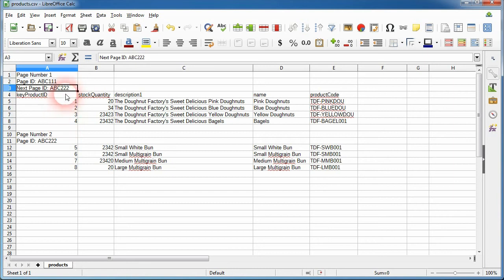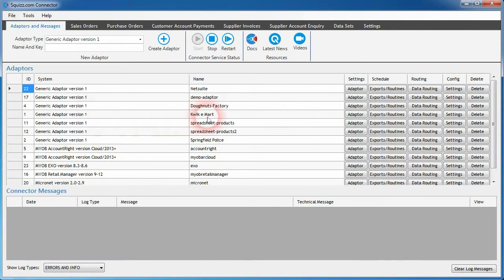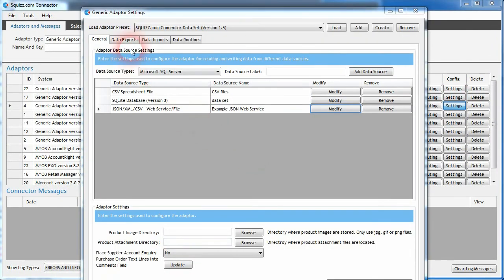So what that means is that when we make a request to get the next page of data, we know which page we need to retrieve because we put in the page identifier. So with that kind of background knowledge, we can now set it up in the generic adapter to handle this kind of capability. And if we go into the generic adapter, under the data export,